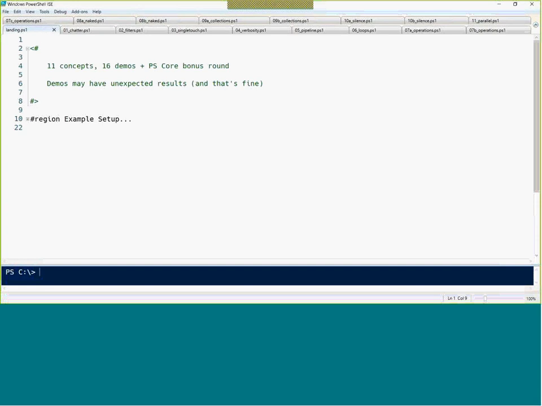I've tried to pick out good examples for each of these, but do keep in mind we're dealing with a small sample set, and a lot of these increases or decreases in runtimes will vary. If you're dealing with 100 times or 1,000 times the sample set that I am, I've had to keep these quite slim to